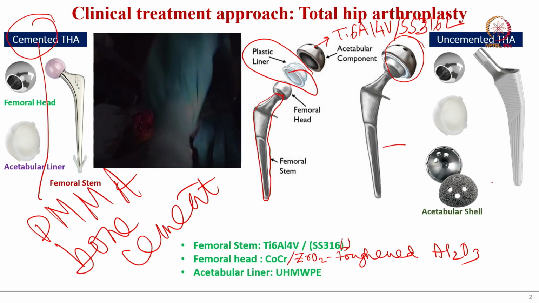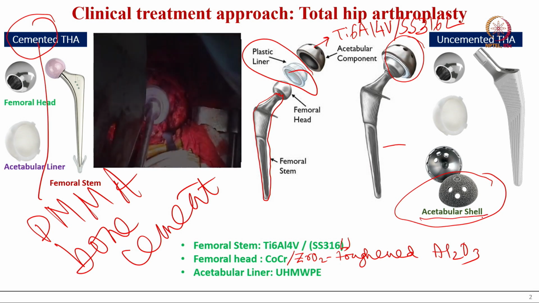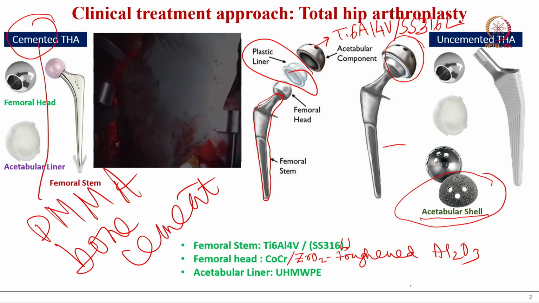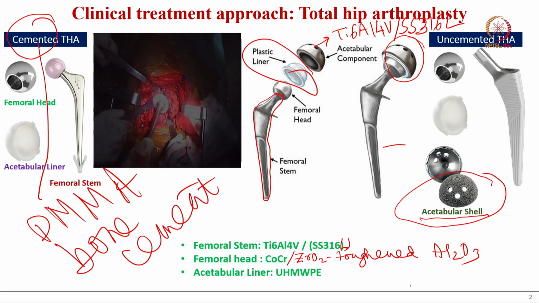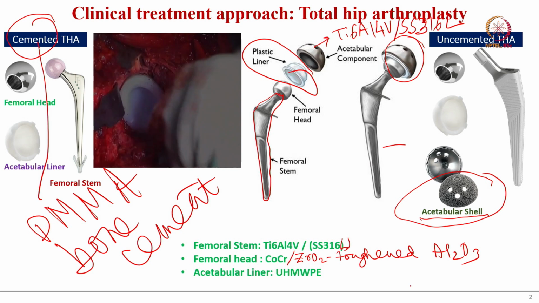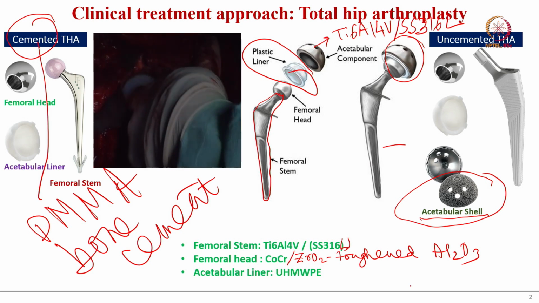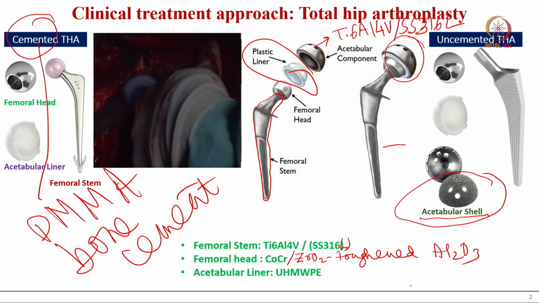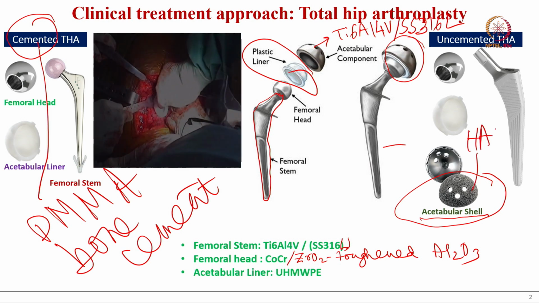Now, what you see in that acetabular shell or acetabular socket is made of titanium 6 aluminum 4 vanadium, and this is also stainless steel 316L. The outer surface of this material is in direct contact with the host bone, and therefore their osseointegration is very important. So, what industry used to do, and what patients used to receive in these total hip arthroplasty devices, is a hydroxyapatite coating on it, right.